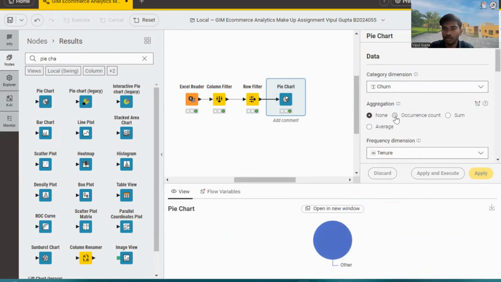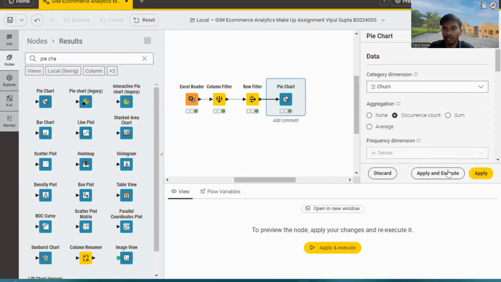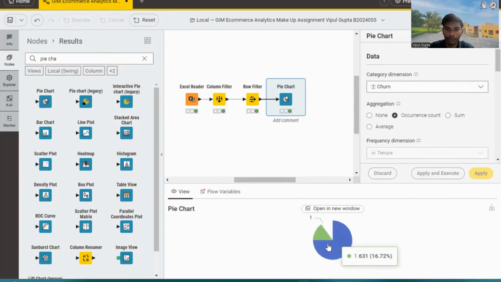We have to choose here occurrence count. So this portion generally tells us that 60.72 percent of the customers have churned from the company, from the e-commerce website, and 83.28% are still with that